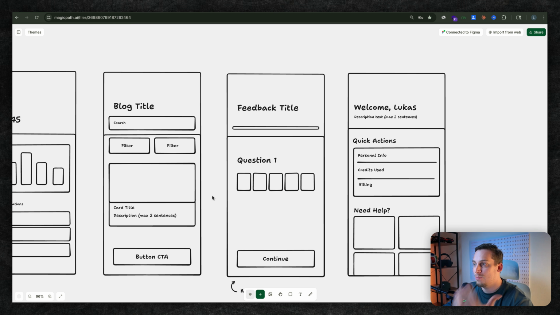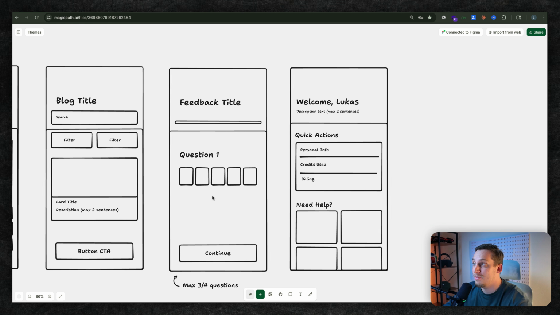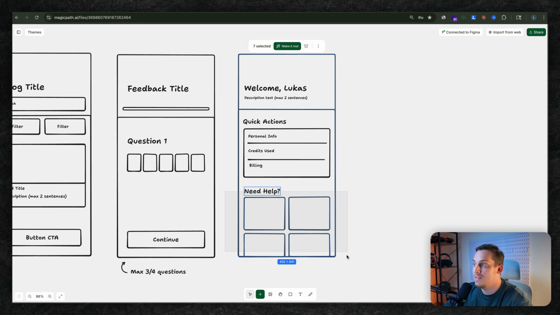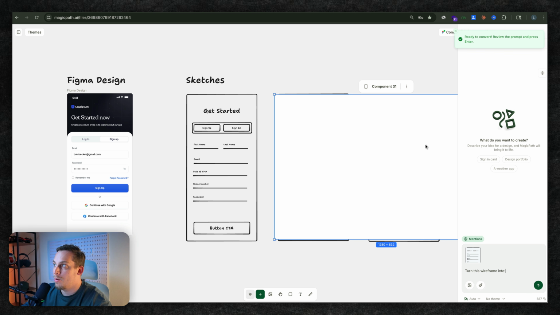and you can be as descriptive as possible, or you can maybe let the AI guess that out for you. So for example, down here where it says need help, these are empty boxes, but I want the AI to guess how this can eventually look. And in order to do that, you want to select one of these sketches, select the whole thing, click on make it real, and that's going to automatically open up a new